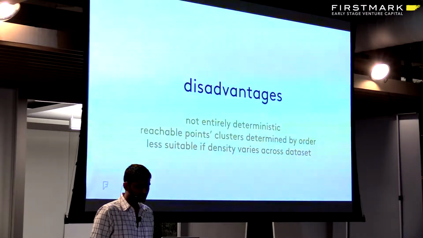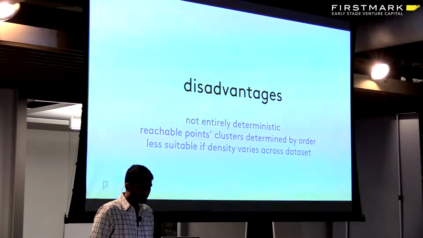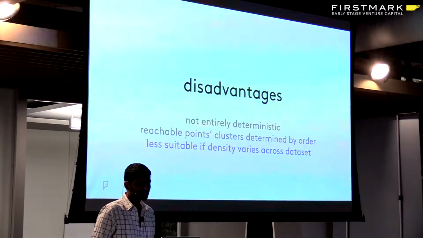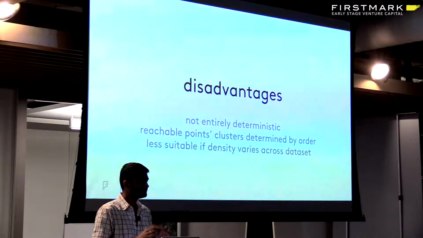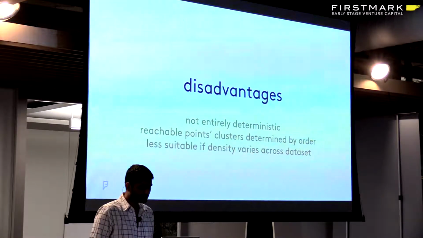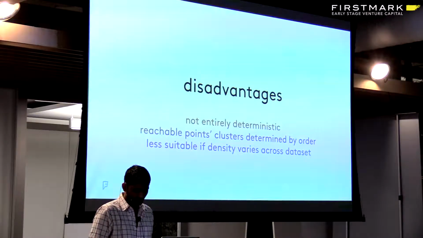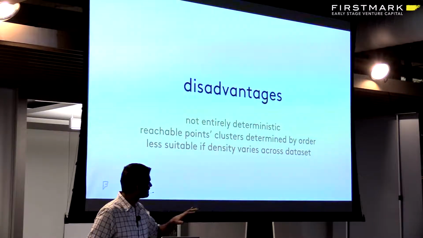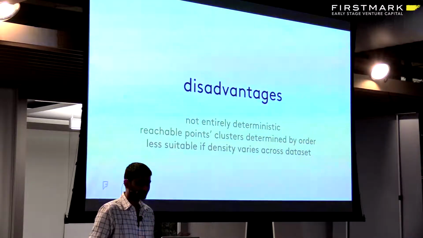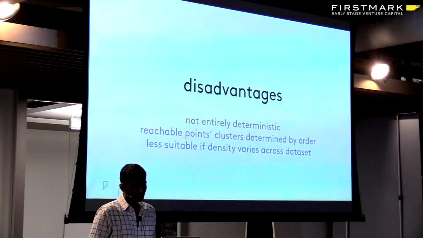Now, another disadvantage of DBSCAN is that it doesn't work great on data sets where density varies greatly, and this is because there is no single value of min points and radius that would work well across all of the data set, right? So this is where we end our generic high-level treatment of DBSCAN